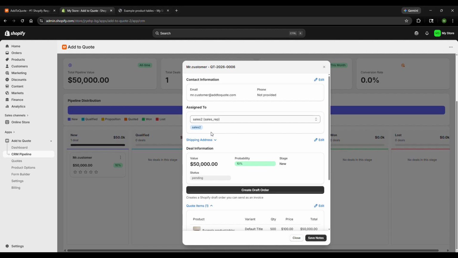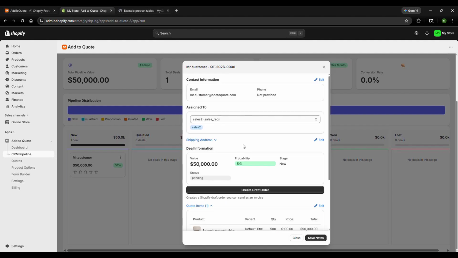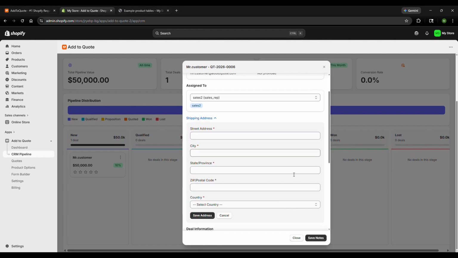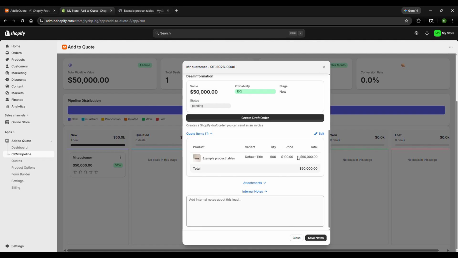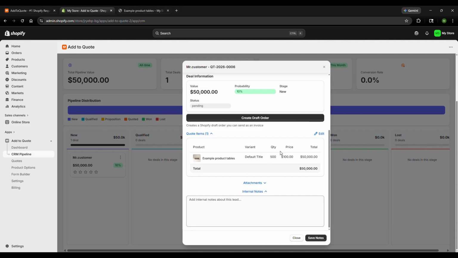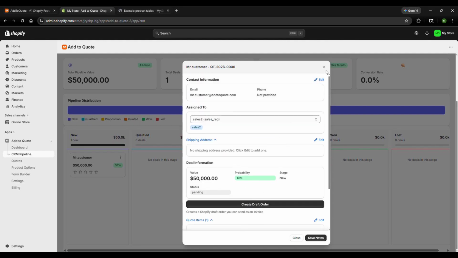Immediately you will receive a request that he's been assigned to this. So you can change the customer information from here. You can add a shipping address if you want to for the customer. And you can change or add items to the quote from here, right there. You can just search the item and just add it, and just save it. You can add an internal note, attachment, if there is any attachment, and you can simply create a draft